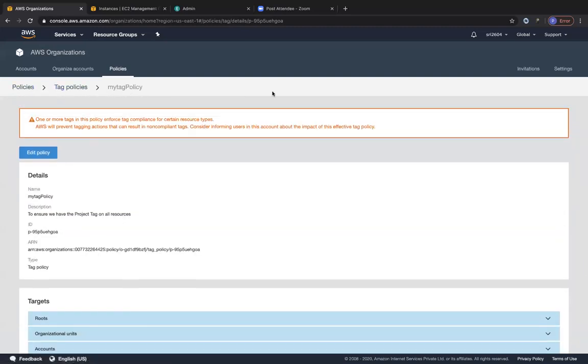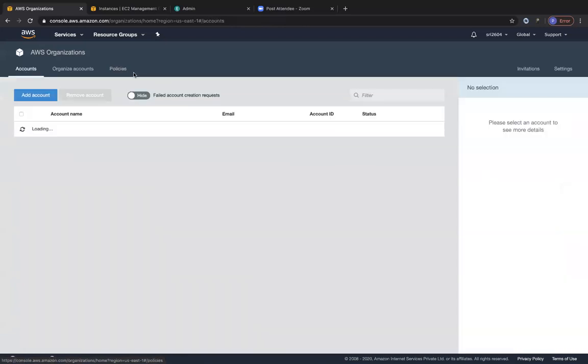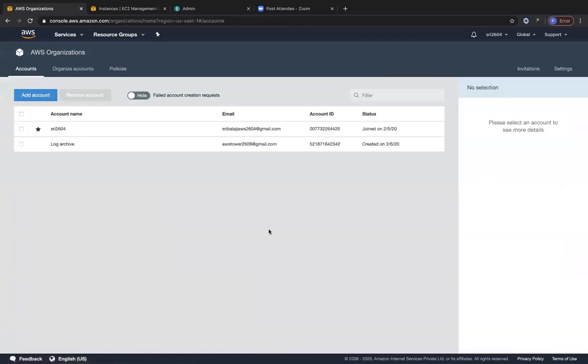So these are some of the settings that I wanted to show you regarding AWS Organizations. It's a multi-account strategy. It allows you to add AWS accounts, and to create AWS accounts and add them as part of this organization. And then you can also manage these AWS accounts with service control policies and tag policies that you enforce across organization units or across your AWS accounts, right?